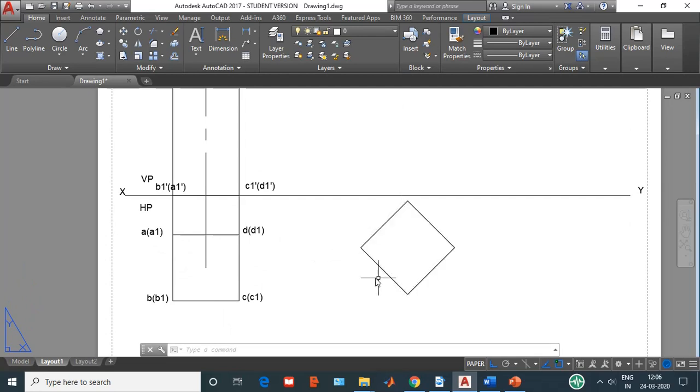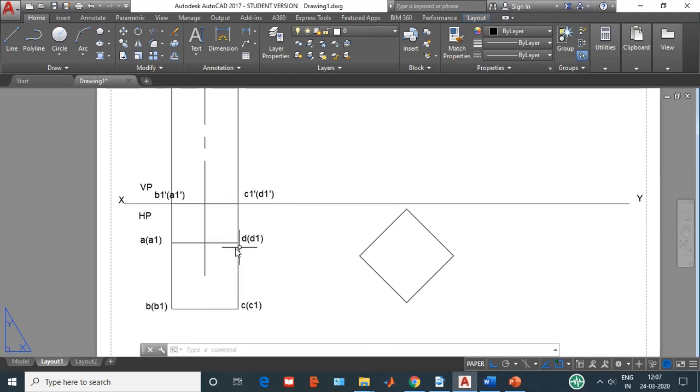If I draw the square in this particular position, I'll be getting the corners here, right? So when I extend this and get the front view, I'll get a corner over here, but the question says it is resting on one of its edges. So this is very important point that has to be taken into consideration. If you go wrong in the initial position to locate whether it is edge resting or corner resting, then the entire problem will become wrong. So be careful, read twice and check whether it is edge resting or corner resting first before you start. So that is the clarification for the question.